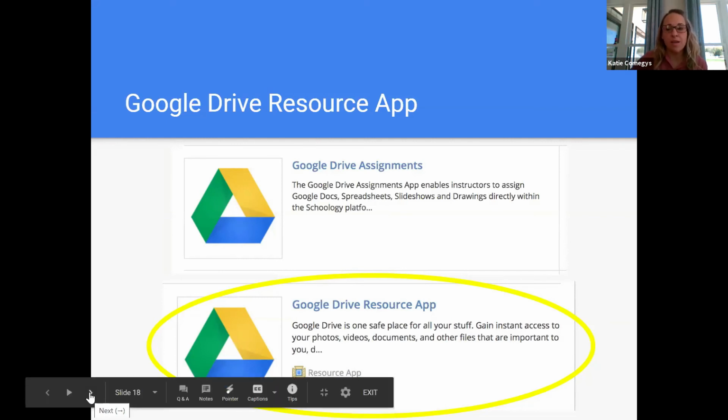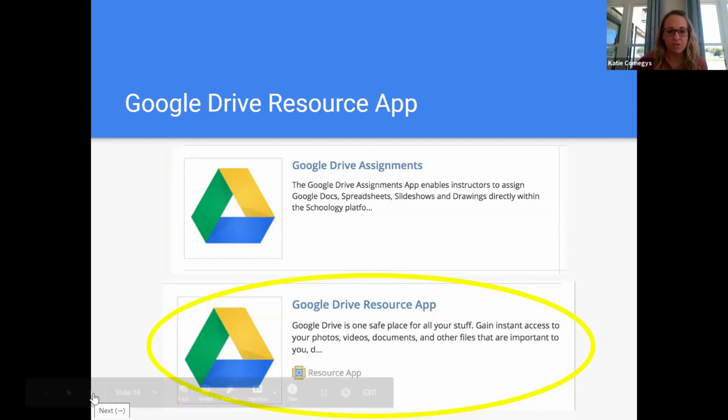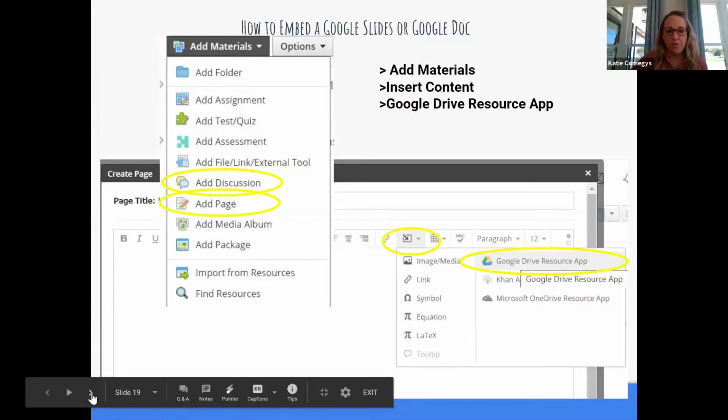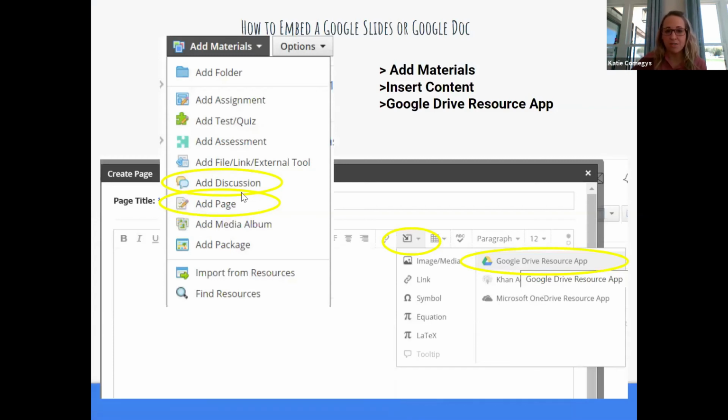If you created Screencastify videos last week, this is how you would embed those Screencastify videos directly into Schoology. So you can do these. I like doing these on discussions and pages. These are the two places that I would probably use this tool the most frequently. Anytime you see this little insert